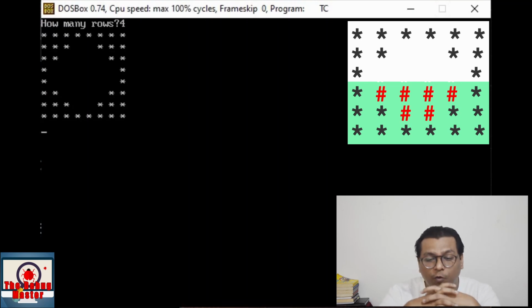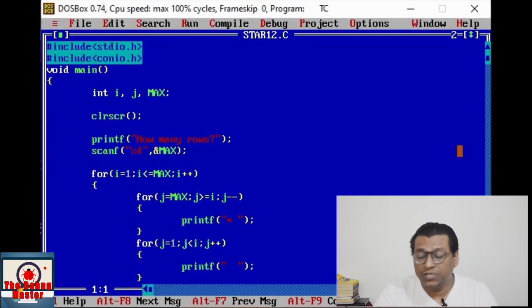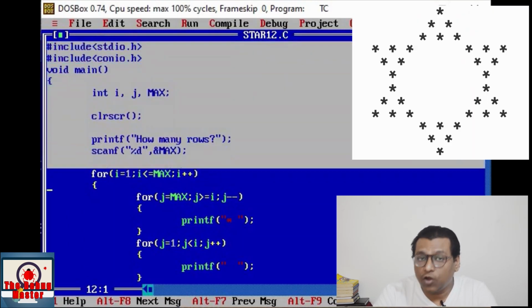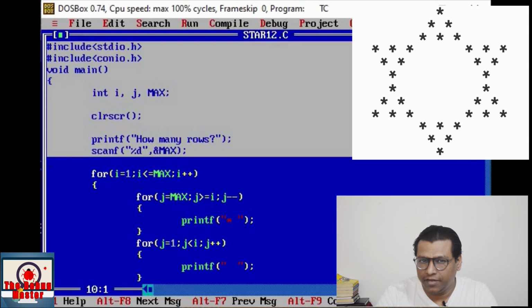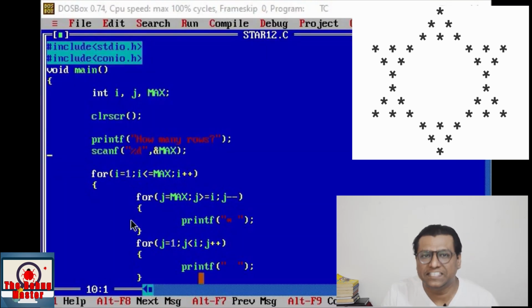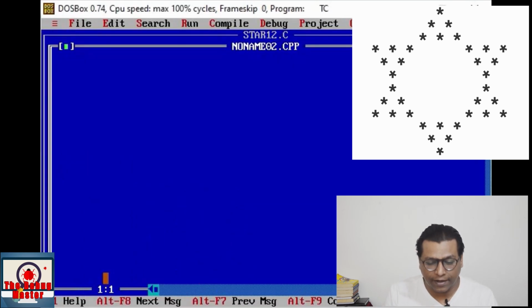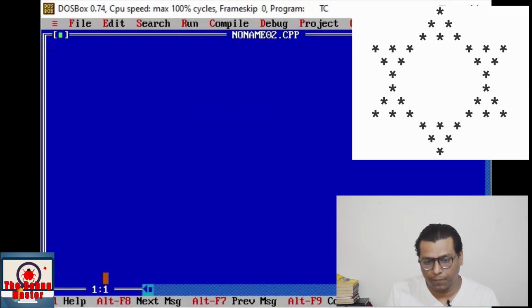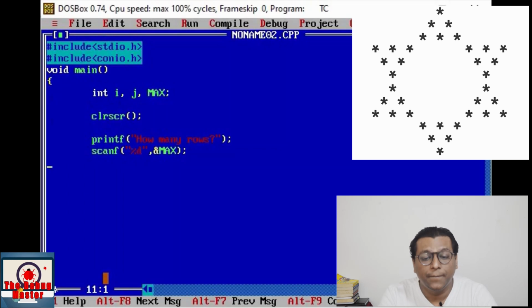Boom. Okay. Now we shall proceed to the very interesting star pattern. It is displayed on your screen right now. See friends, it is actually a star of star patterns. So friends, let's start to print this pattern. First of all, create a new file. Common libraries are included, main function, variable declaration, and next is the input for maximum number of rows.